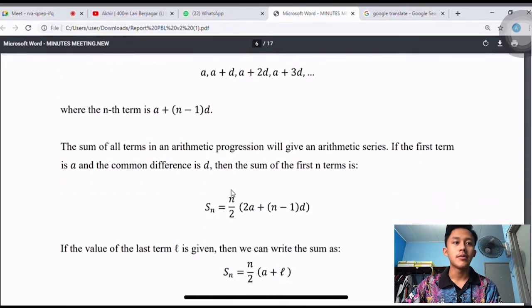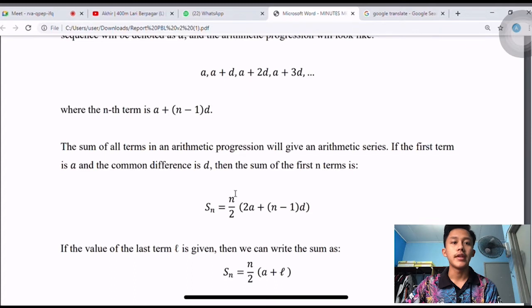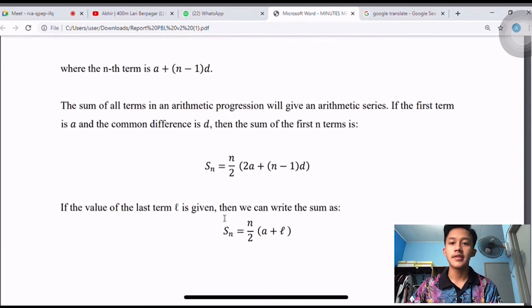The sum of all terms in the arithmetic progression will give an arithmetic series. If the first term is A and the common difference is D, then the sum of the first n terms is, for example, this. If the value of the last term L is given, then we can write the sum